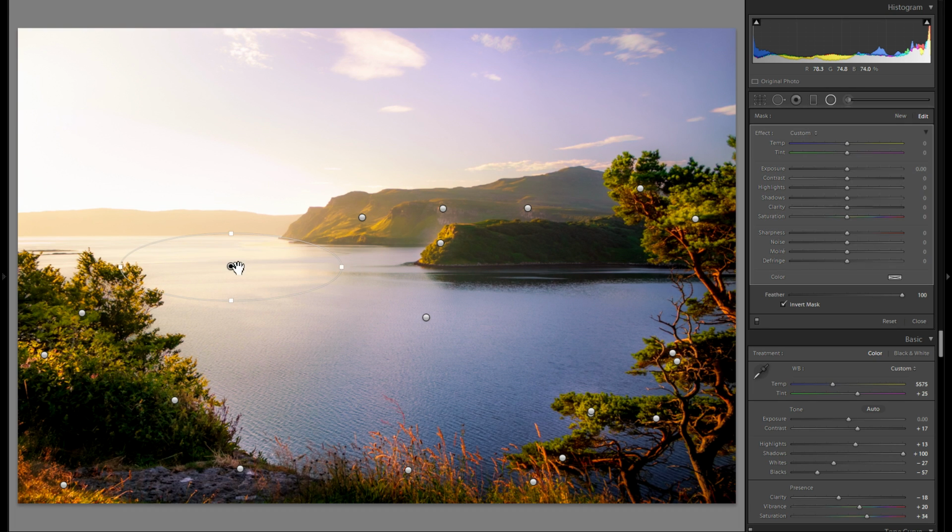For that I'm going to add another new radial filter and go into the negative exposure. I sometimes like to mix this with contrast, but in this case I think just negative exposure is enough. I don't really want it over there, but I want to make the dark areas darker. So for example, right there, right click, duplicate, make this area a little bit darker, just so the difference between